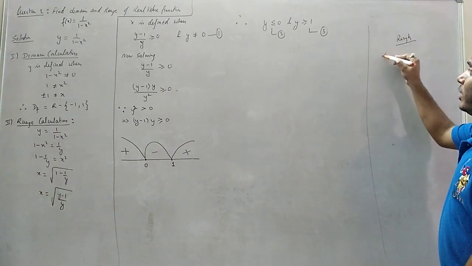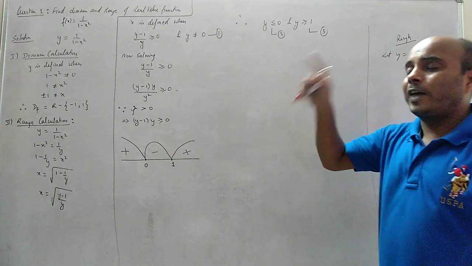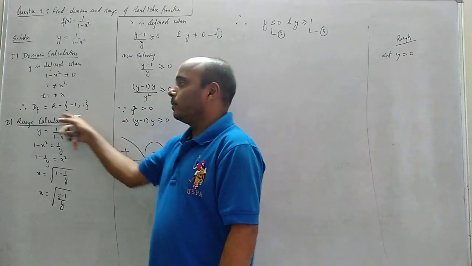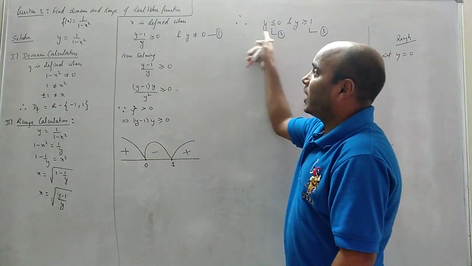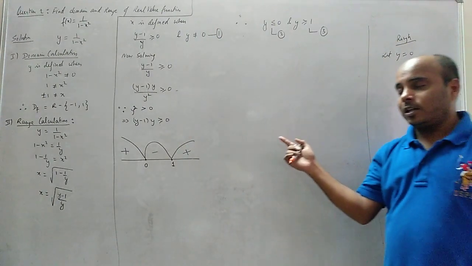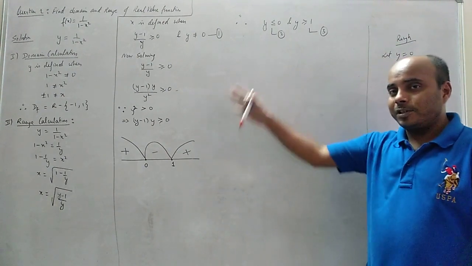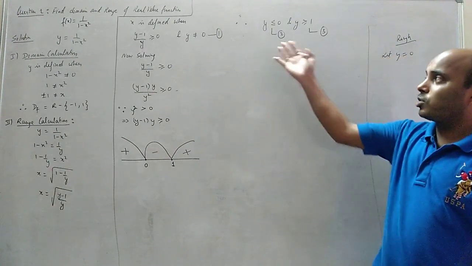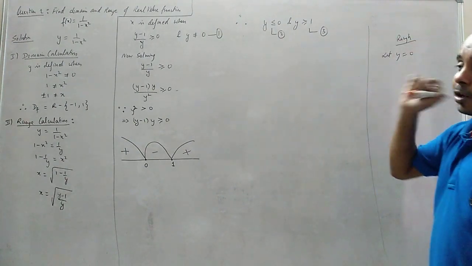So what we do, let's take y equals to 0. Okay, and for this y equals to 0, I will try to find the x value. If I get an x value which belongs to the domain, try to understand. Whenever we find this type of contradiction, and we will always find this type of contradiction in range calculations, always. Like in the solved example, when I was teaching you the theory, that time also I told you, the values which you got after calculation, you need to cross check with the question in case of a range calculation. Here also we need a cross check, because they are contradicting each other. Clear? So how to cross check?